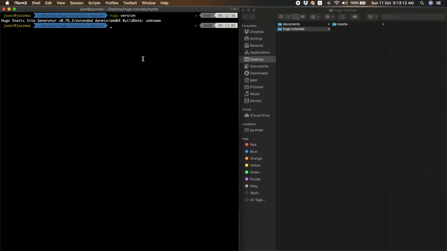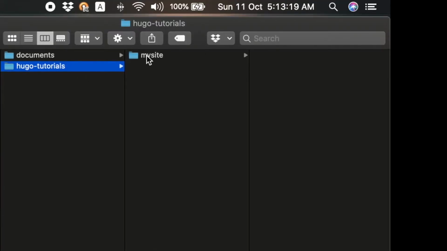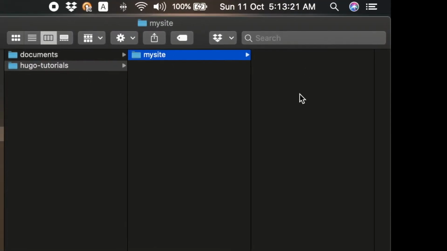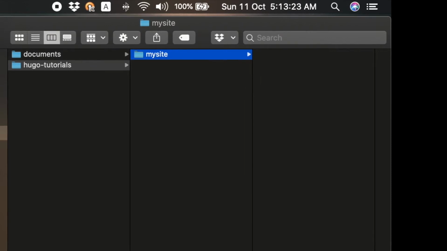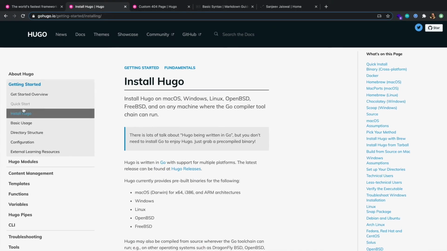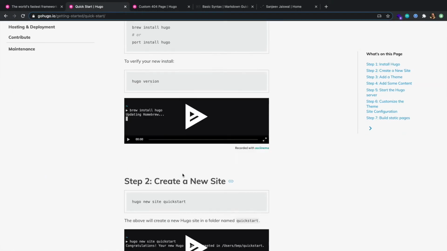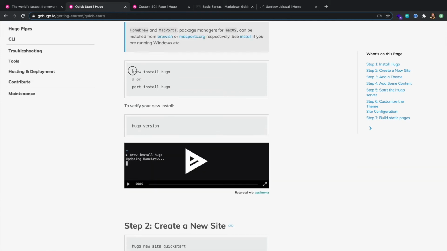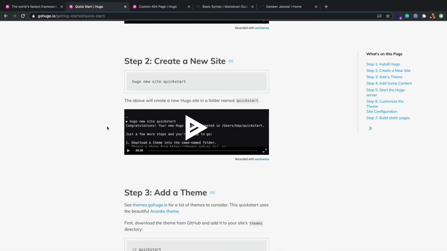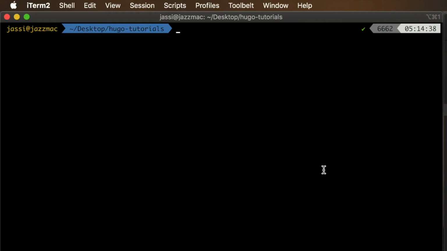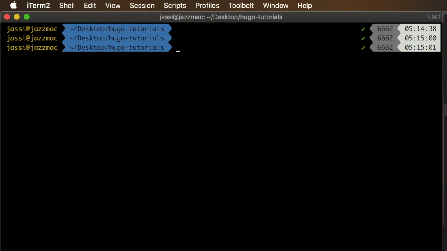Now let's create a website using the Hugo command, and we'll work locally there. As you see here in my website, there is nothing, right? As of now, it is a blank folder. Now let's go to the quick start and see, we have already installed it. We have checked the version as well. It's working very well. So now you need to create a new website using hugo new site and the site name. So now let's create a website.